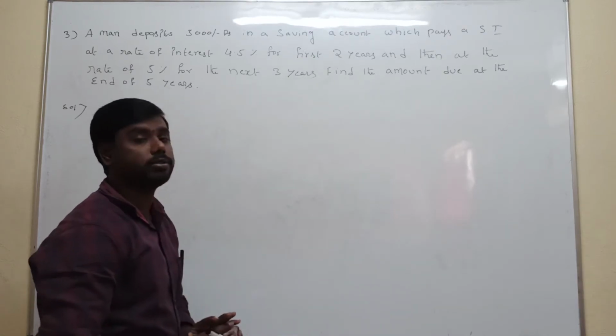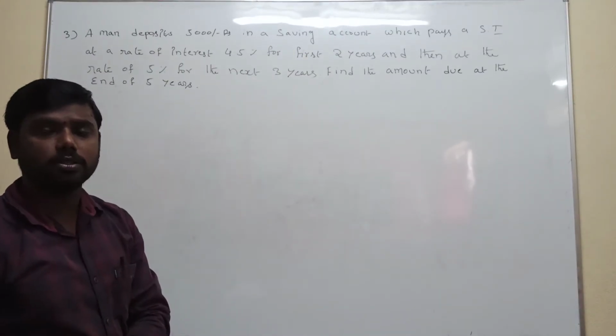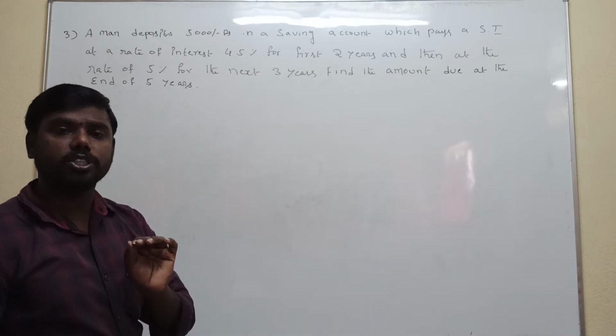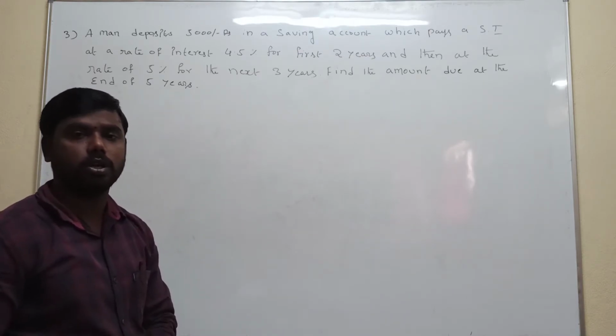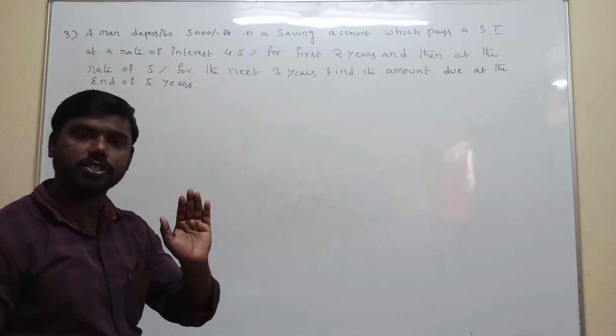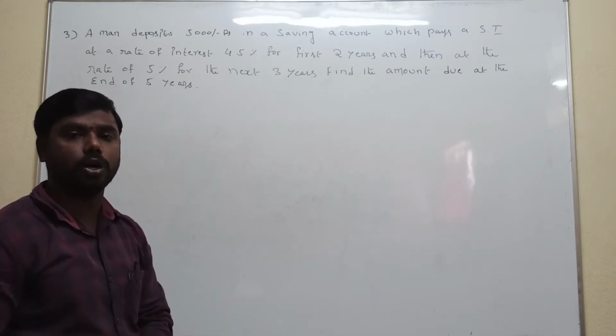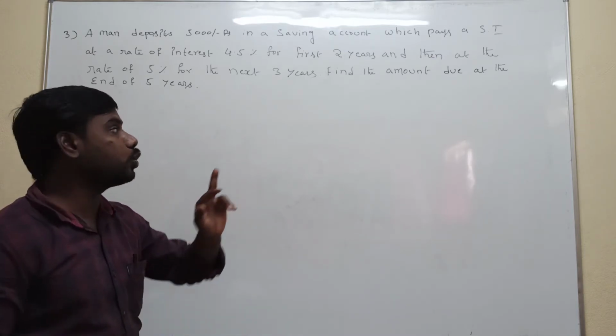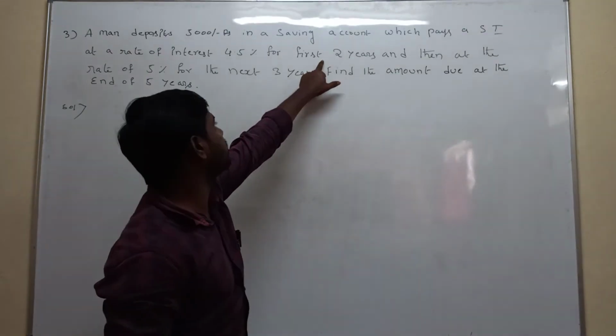Listen once again. One person deposits 5,000 rupees in a savings account. What is the rate of interest for the first 2 years? The first 2 years rate of interest is